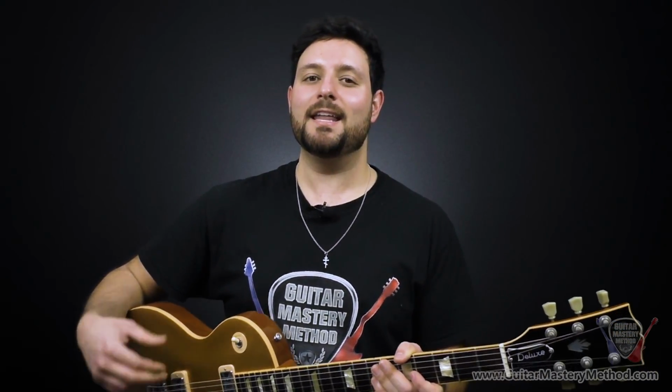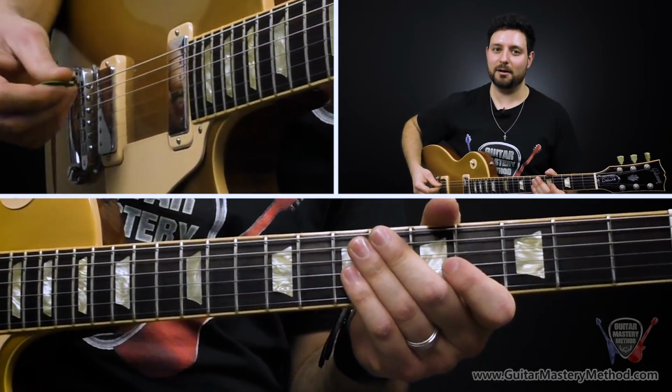And today we're going to be taking a look at the blues scale and breaking it down. So if you don't know what the blues scale is, it's based on the G pentatonic pattern. And in this case, I've been playing it in the key of A. And if we take the G pentatonic pattern, which goes like this,